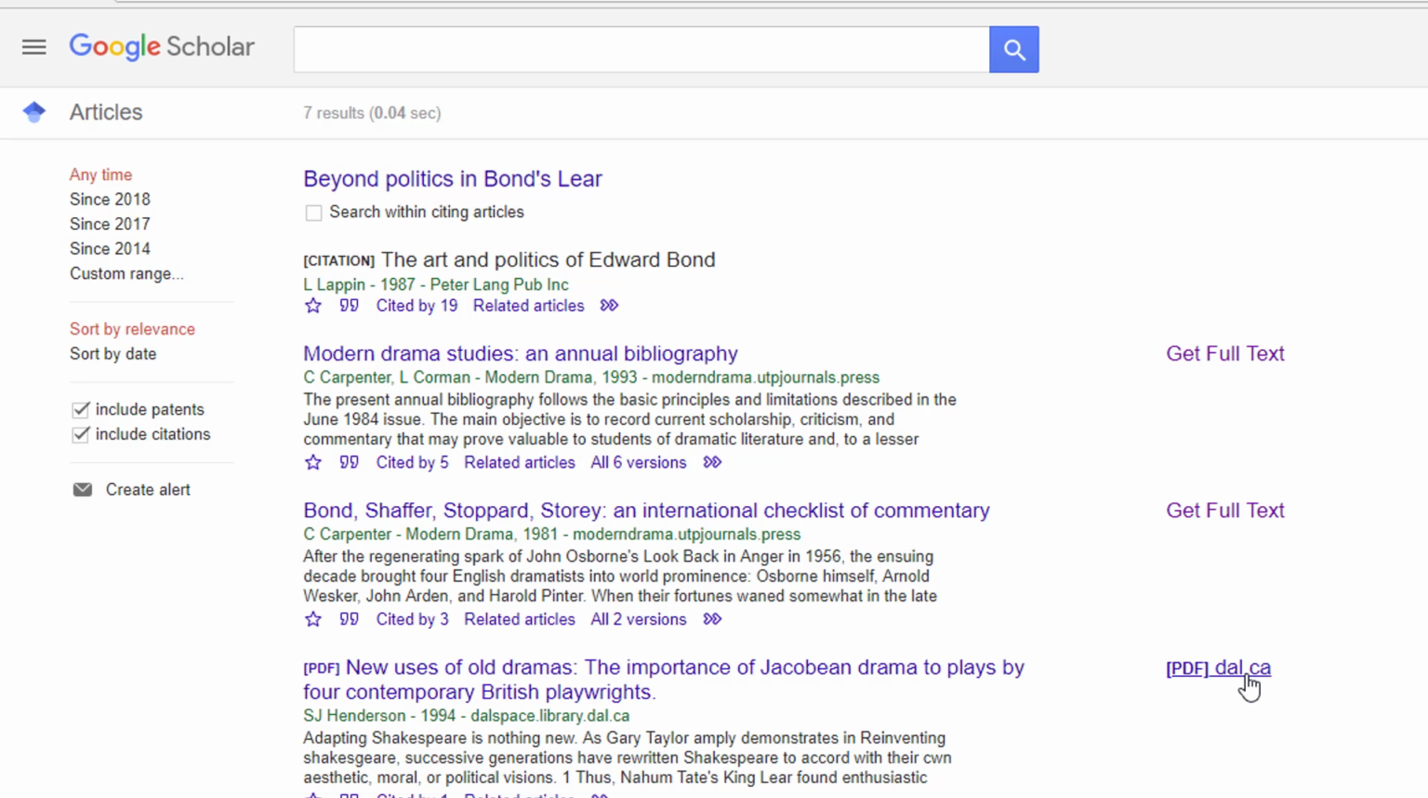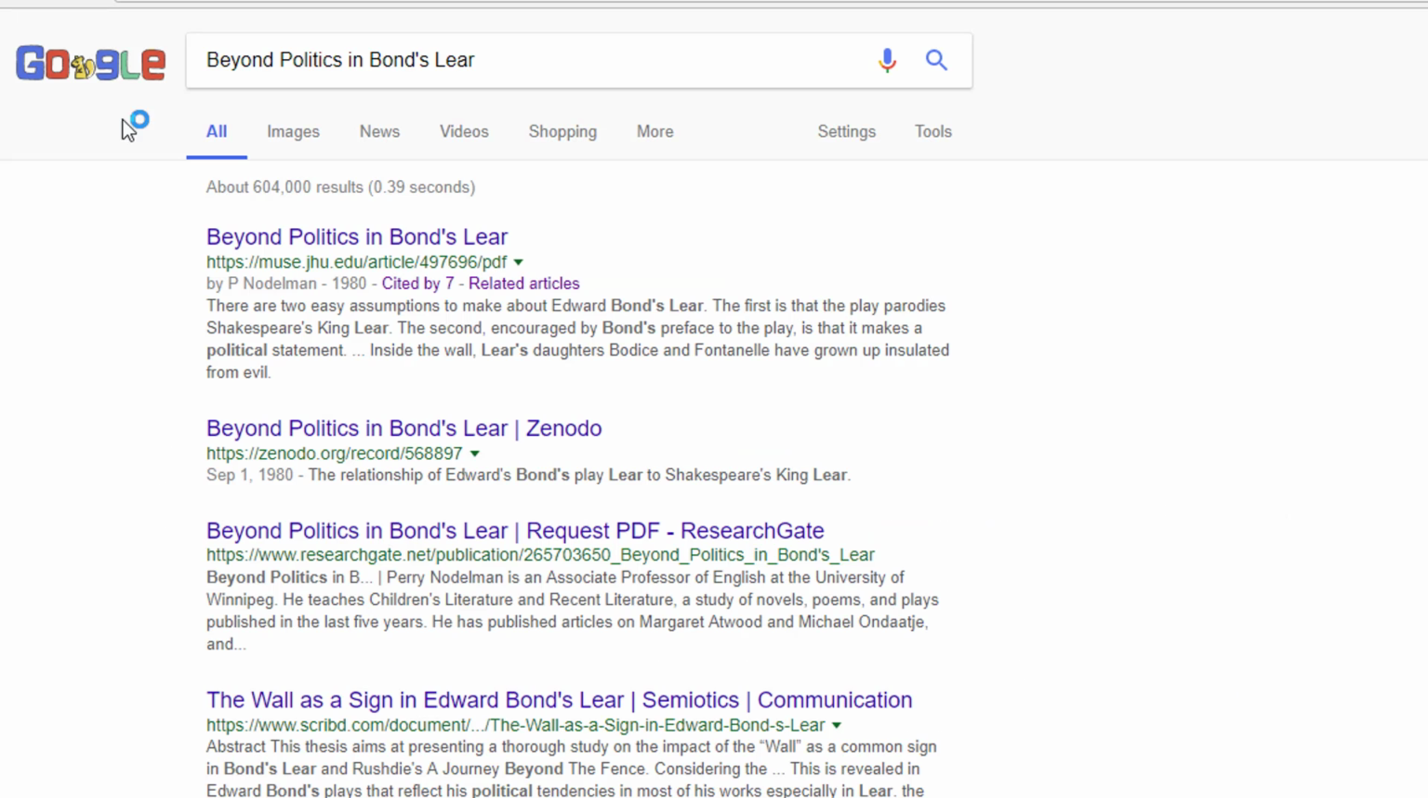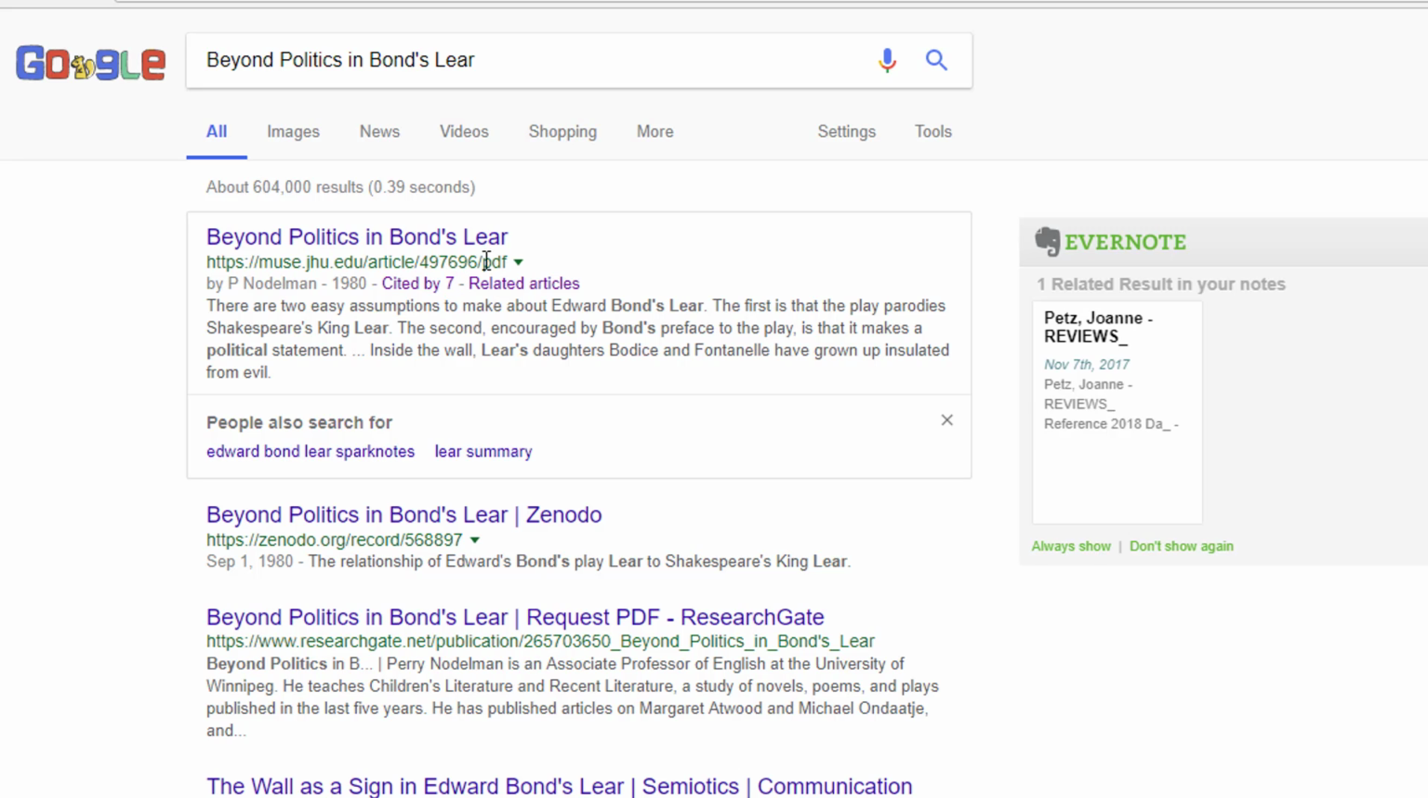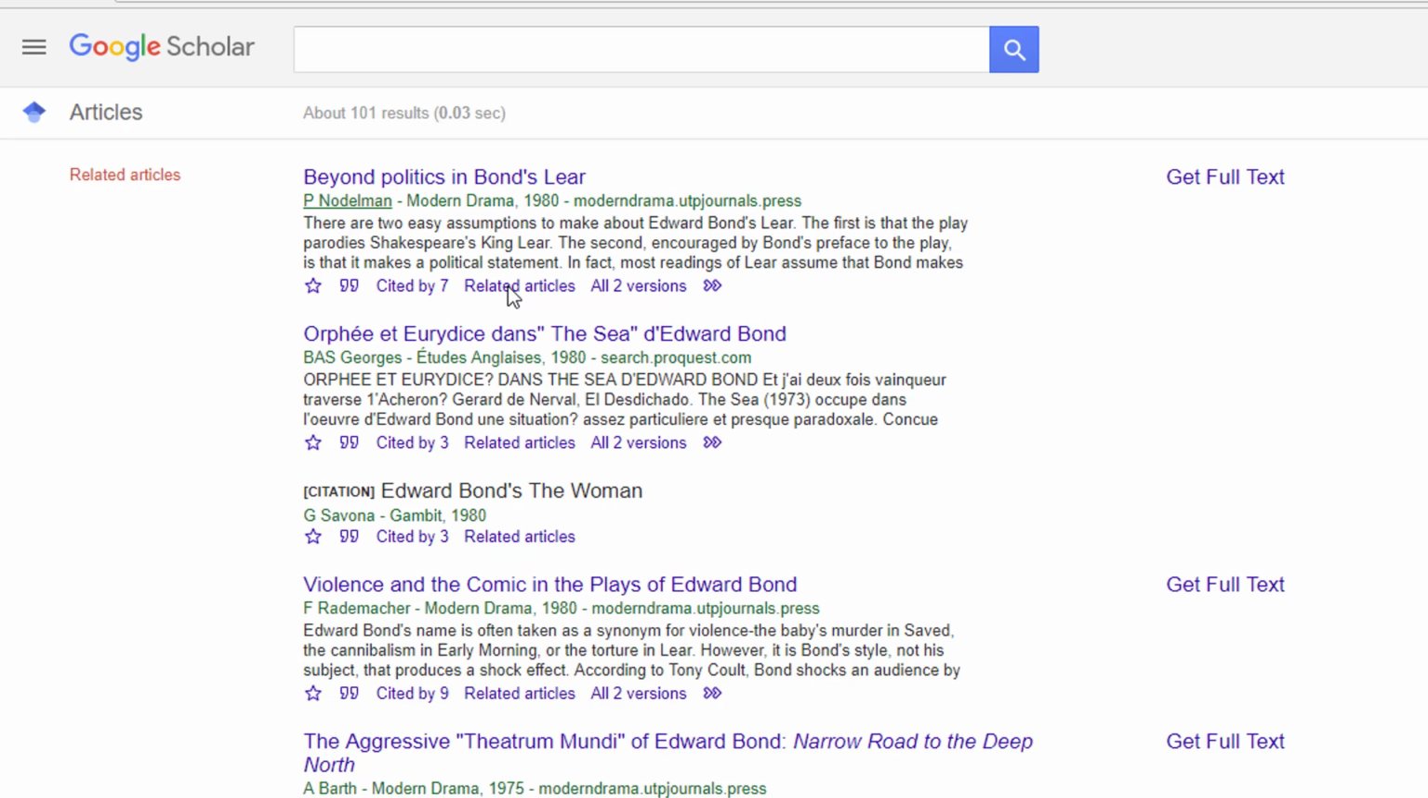One like this, we may click on it and we may or may not be able to get to the PDF. When we go back to our original search, we can also take a look at related articles. Now, Google is taking a guess about what related articles you might be interested in, but you can see that it is giving you a list of related articles and tells you where you can get the full